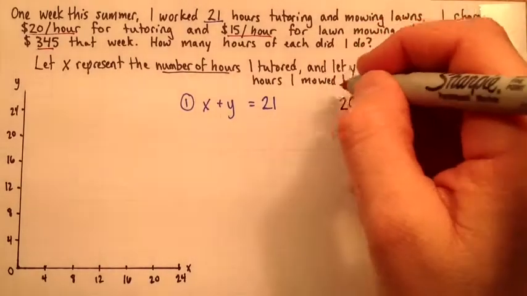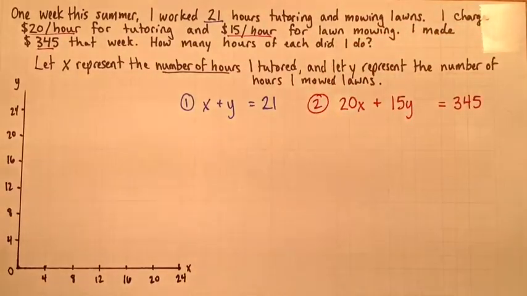And then to get the total, I'd add those two things up. Okay, so here's my linear system. This would be equation 2. So I'm going to graph this linear system, and I'm going to use the intercept method because I think it's the easiest for these equations. So first of all, in blue,